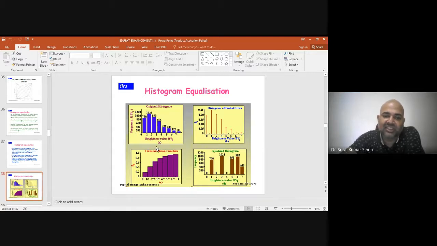So here you can see this is the first image A, where the range values with the frequency have been written. Each and every pixel range has been divided into bins, meaning 0 to 1, 1 to 2, 2 to 3, 3 to 4, 4 to 5, 5 to 6, 6 to 7 and 7 to 8. And among that you can see from 0 to 1 there are 790 pixels, from 1 to 2 there are 103 pixels, then 2 to 3 there are 850 pixels, then 3 to 4 there are 656, on and on and on.